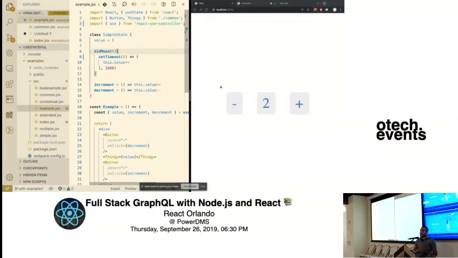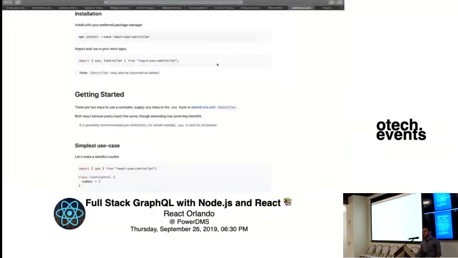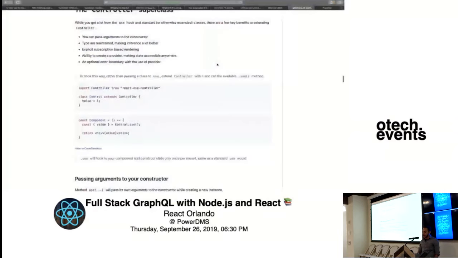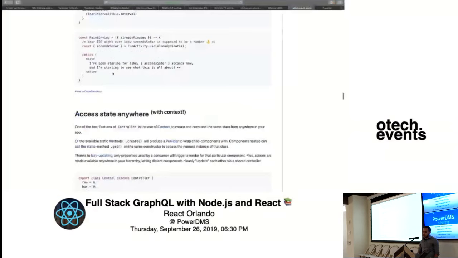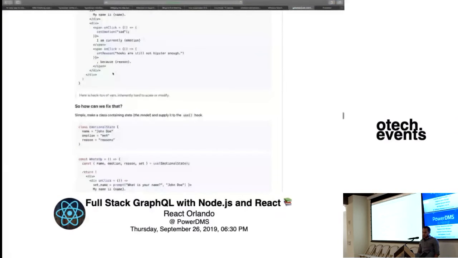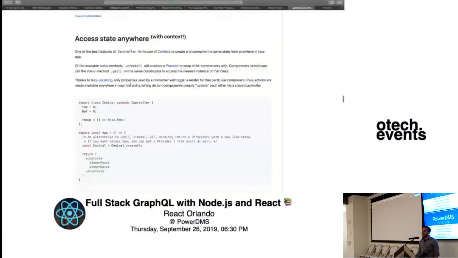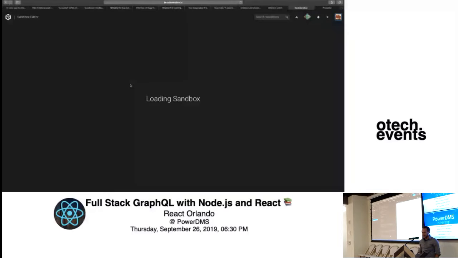And this is a lot simpler in my mind than having a bunch of use states, a bunch of use effects with the empty bracket you have to remember, otherwise it doesn't work and hits every render, stuff like that. That's basically the general gist. It's a lot more powerful, has a lot more features, and I've taken a lot of time to make examples and documentation that you can take a look at, with even examples that show you exactly how all this stuff works and what you can accomplish with it, with CodeSandbox and everything. So go crazy. I can't wait to see what you can do with this library. And that's it.